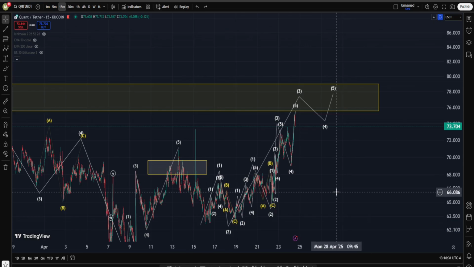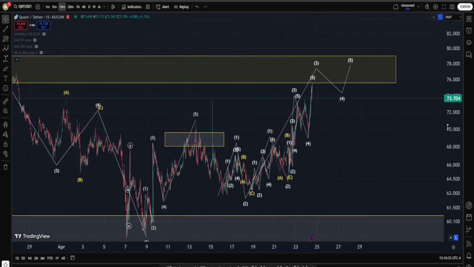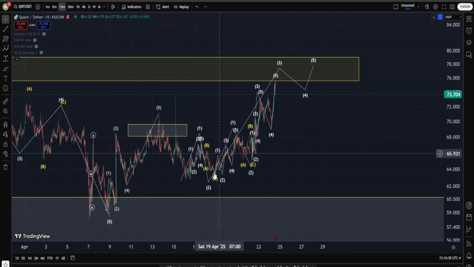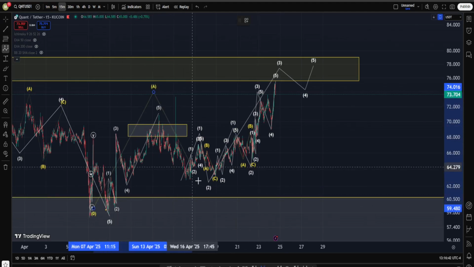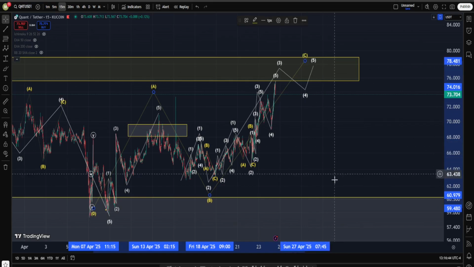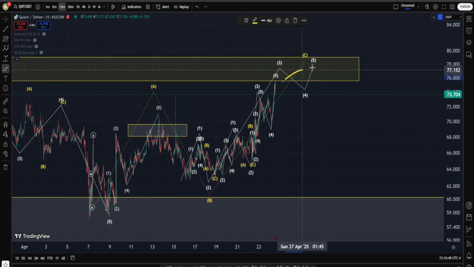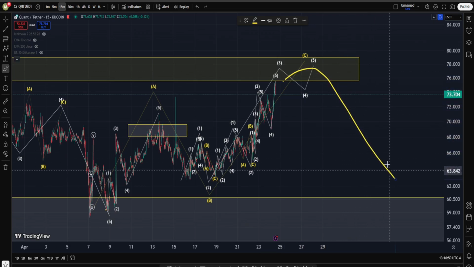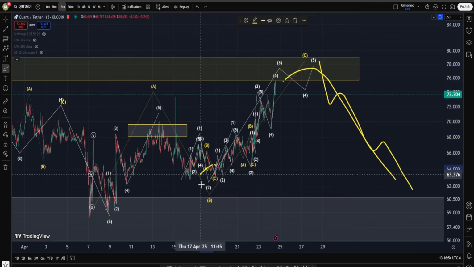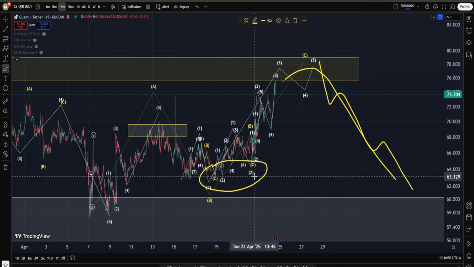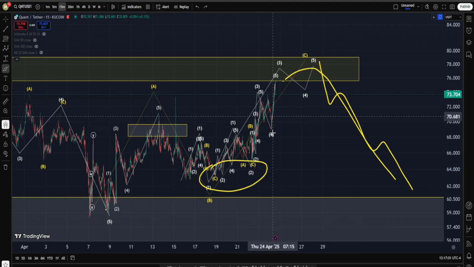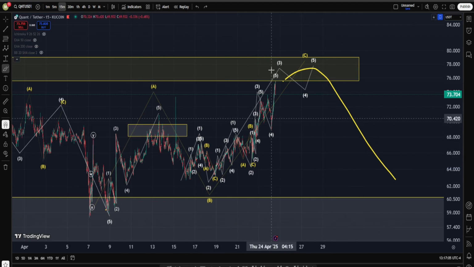Now, second reason for why I think we need to be a bit patient. So far, if all the subwaves in here are correct, this can be only and only an A, B, C zigzag. And what we do not want to see is a rejection from this level, a very strong move down without a whole lot of overlapping of the waves in order to take this low at about, let's say, $63. Why is that? Because if we do this, at that point we're going to say this ABC zigzag is confirmed,